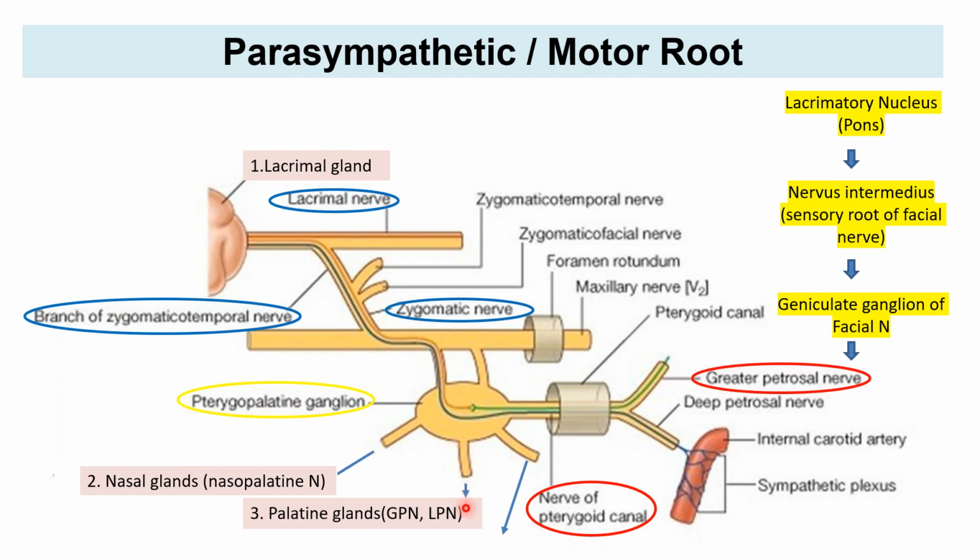Through the greater palatine canal, it will reach the greater palatine nerve and lesser palatine nerve branches from the pterygopalatine ganglion. Through them, they are going to supply the palatine glands and lead to their secretion. The last will be through the pharyngeal nerve, which was coming from the pharyngeal canal or the palatovaginal canal. From there, it is going to supply the pharyngeal glands. So these are the parasympathetic motor, or secretomotor, routes of the pterygopalatine ganglion. For all four ganglia, you have to learn the connections and the routes.